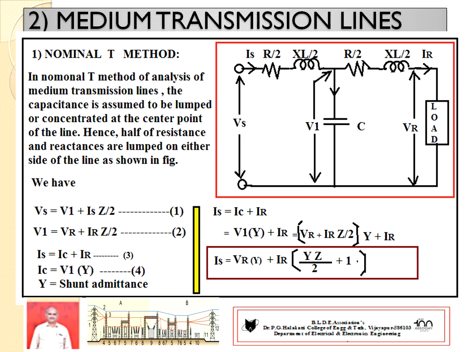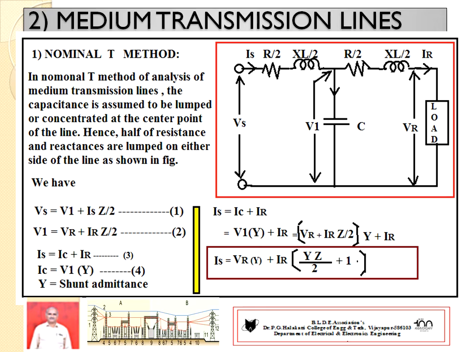In the T method, it is observed that the capacitance effect is lumped at the center of the transmission line, and the impedance of the transmission line is placed 50% towards the sending end and 50% towards the receiving end or load side. You observe there, VR is the receiving end voltage per phase, IR is the receiving end current,